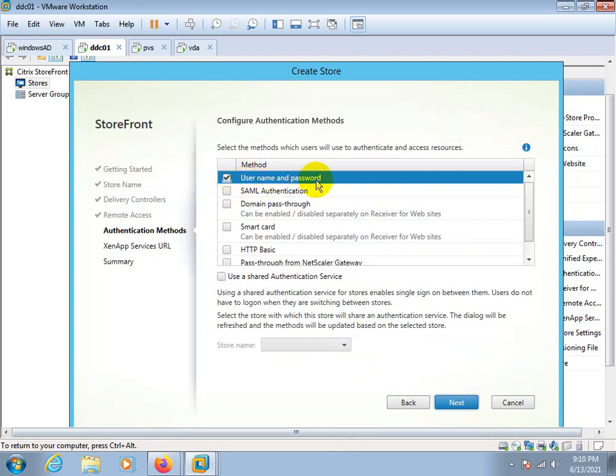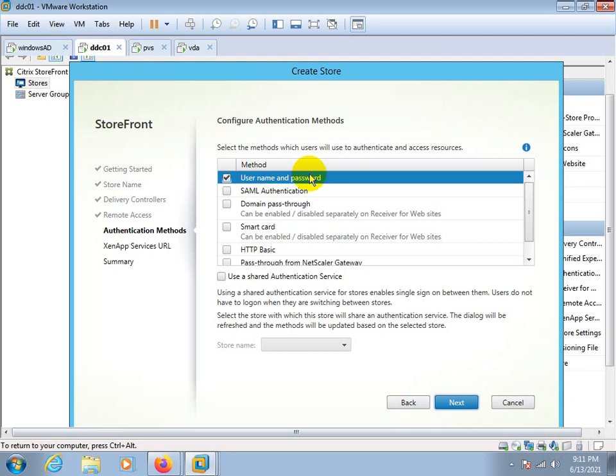Again, it's a username and password, while I'm using Active Directory, only Active Directory. In the case of MFA, multi-factor authentication, first you need to log in through your user ID and password, and after that you will get a text message on your mobile, and that message you need to put there.